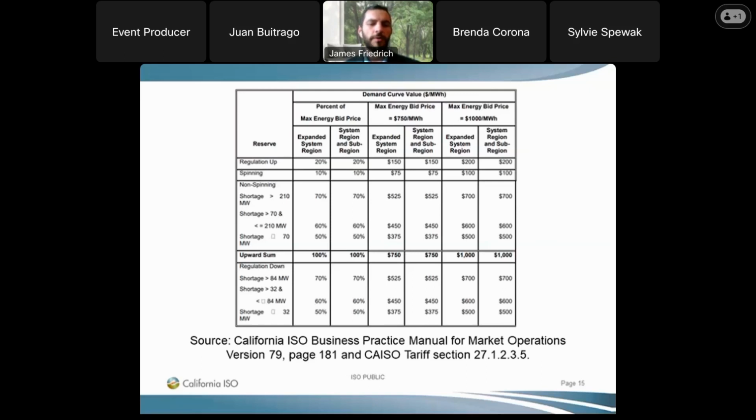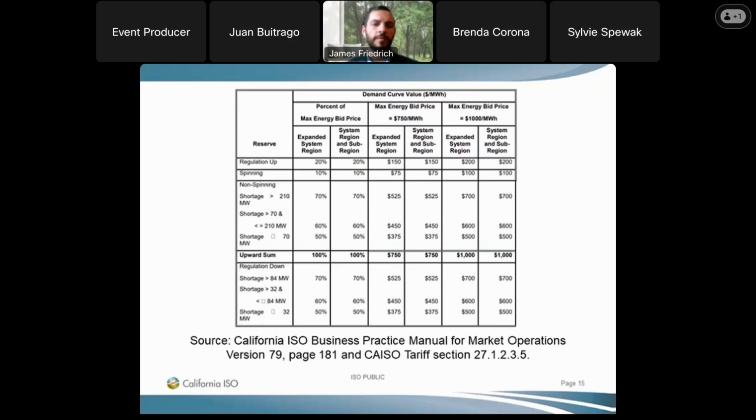For example, the bottom-most portion of the curve says that when there is a shortage of less than 70 megawatts, some value applies. And then a shortage of between 70 and 210, and then a shortage of over 210. So those are different severities of shortage for non-spinning reserve that reflect certain values. Now, the columns of the table represent the penalty prices associated with them. And so if you look at